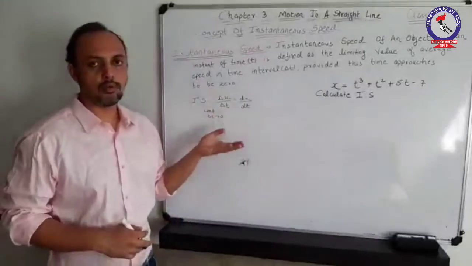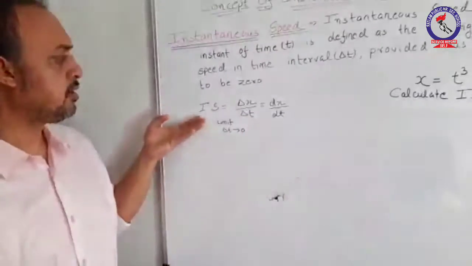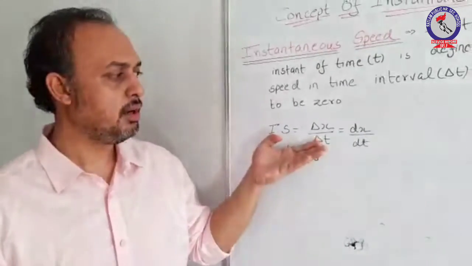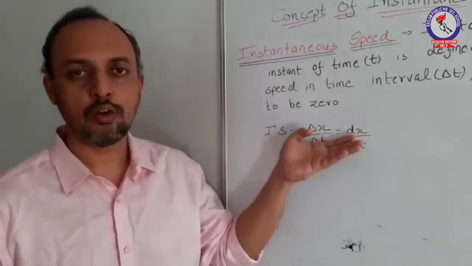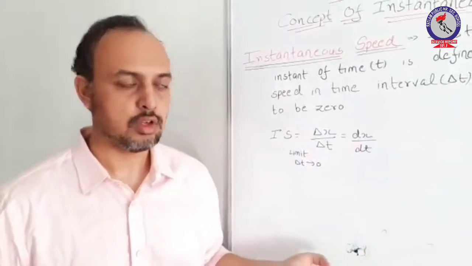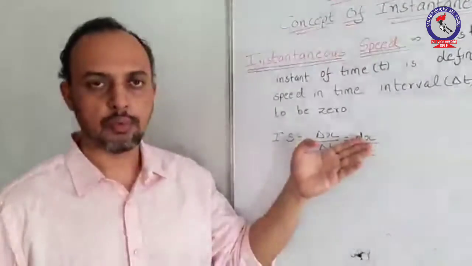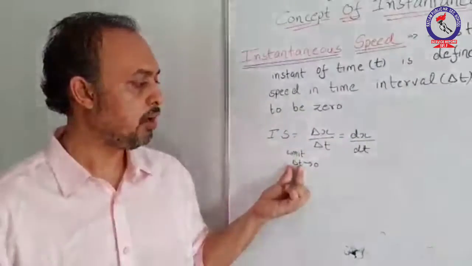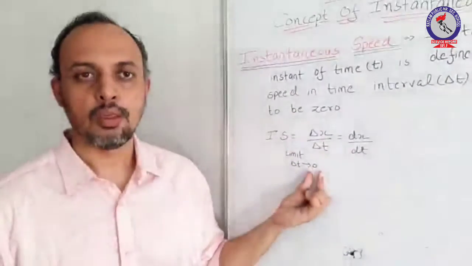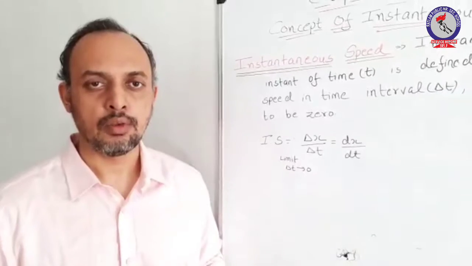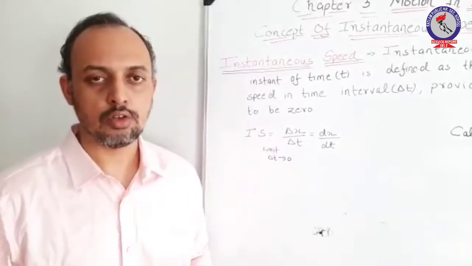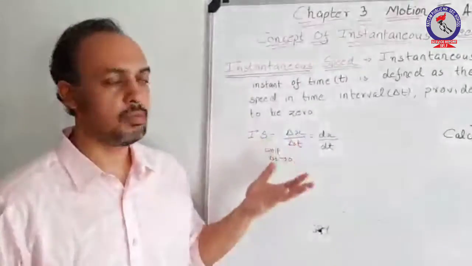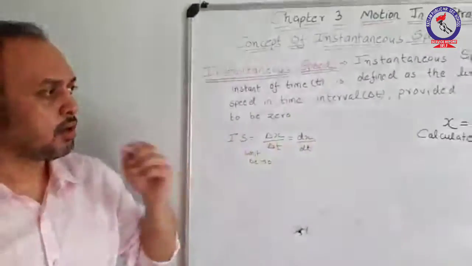So in terms of formulation, instantaneous speed is equal to dx by dt. dx by dt can also be expressed as d by dt of x, which represents the rate of change. So the rate of change of displacement with time in a small time interval dt, when the limiting value of t approaches 0, is known as instantaneous speed. Now, going through an illustration of how we need to calculate the value of instantaneous speed from the given equation, we'll consider a question.